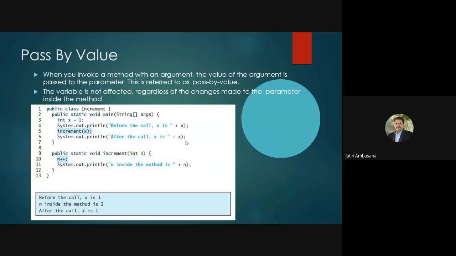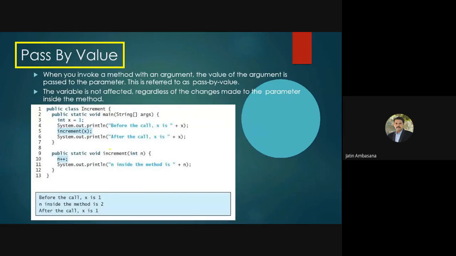What is pass by value? Now there is no pass by reference in terms of primitive data types in Java, because Java does not support pointers. So there is no case of pass by reference in case of primitive data types.